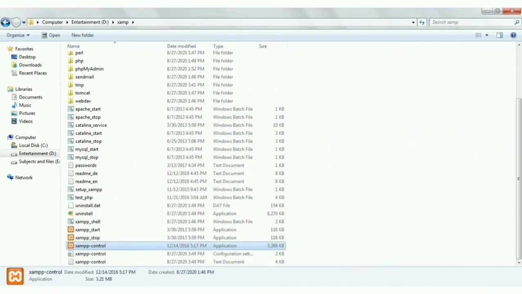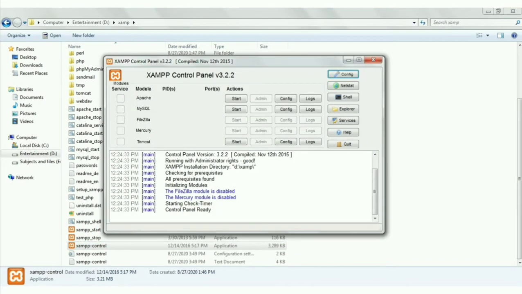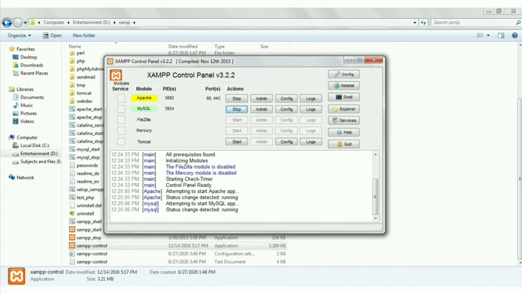We have learned how to install XAMPP server in the previous class. After installation, open the XAMPP folder. Inside the XAMPP folder, you will find this XAMPP control icon. Just double click on that, and you will get this control panel. In this control panel, we have the Apache web server. This Apache web server service will be started when you make a click on this start button. Once you click on the start button, the service is enabled, and we get this